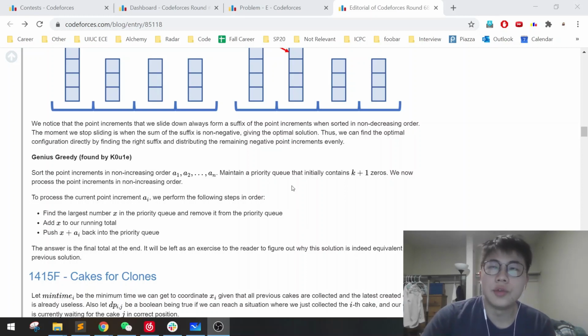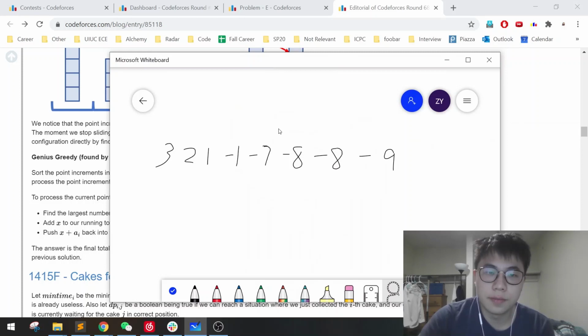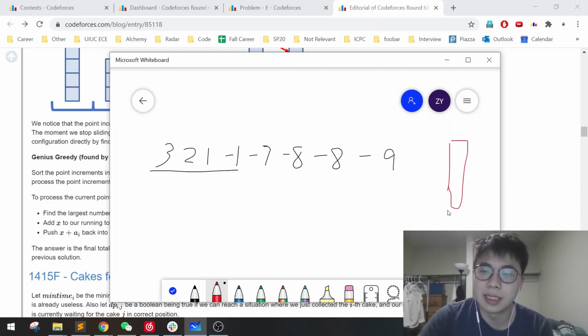Oh wait, I need to add something to the last method, because when I think carefully about it, I think the proof is not obvious at all, and it needs to use the induction hypothesis. Okay, let's look at this example. We can see that at the very beginning, when the prefix is positive, all of those elements will stack on the same place,